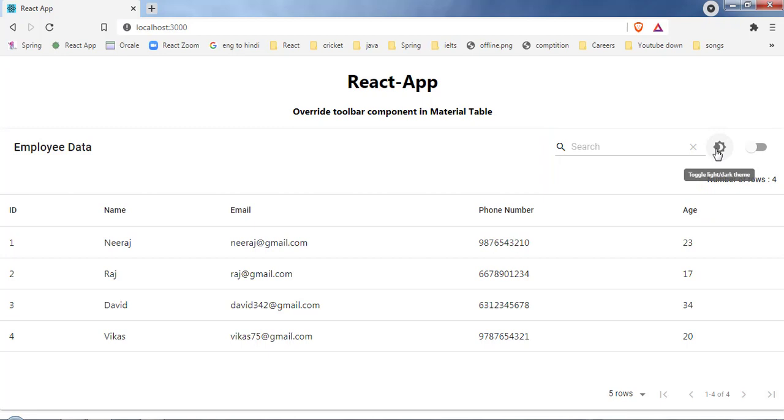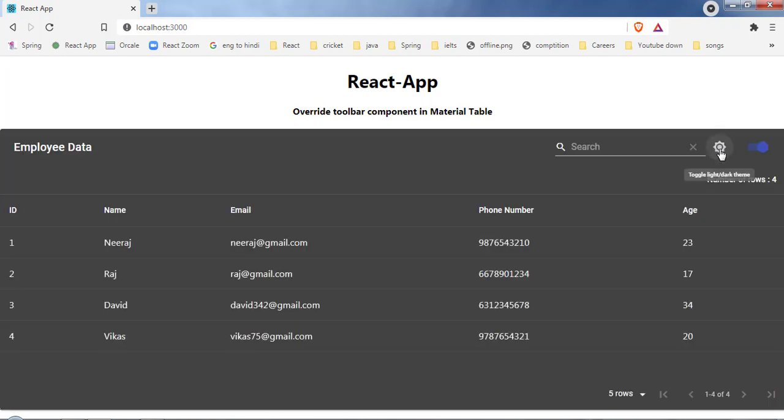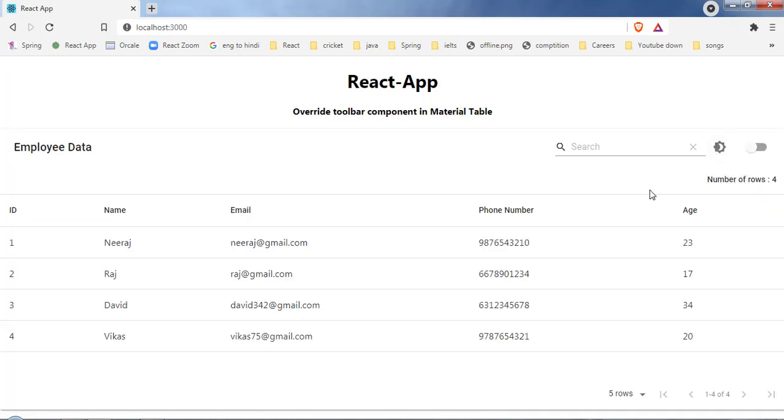It's saying toggle light dark theme. Basically, once I click on this icon, the dark mode will be applied to this table. Let me show you. Here I clicked, the icon changed and dark mode got applied. If I click again, the icon will change and the light mode will apply to